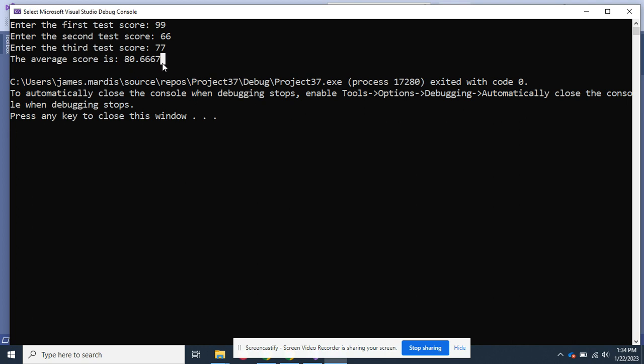All right, the rounding issue. We have a thing coming up called setprecision where we can force it to print out numbers after the decimal. But in this case, it did the math and came out as 80.667.